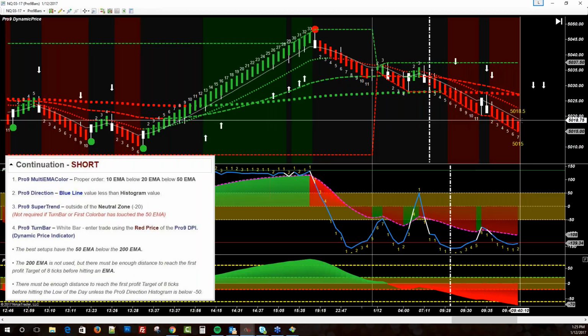So widening to the DPI will let us ride over any wicks. Because since we're using the opposite DPI, we know that when that price is reached, it's going to create a turn bar. So it has to travel 22 ticks to hit that price and stop us out. Now the next bar could be a turn bar, and we